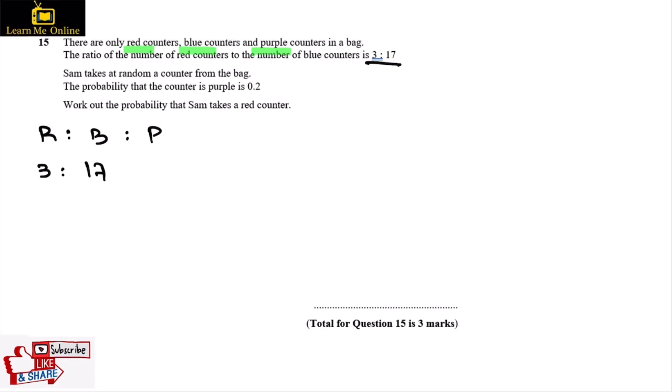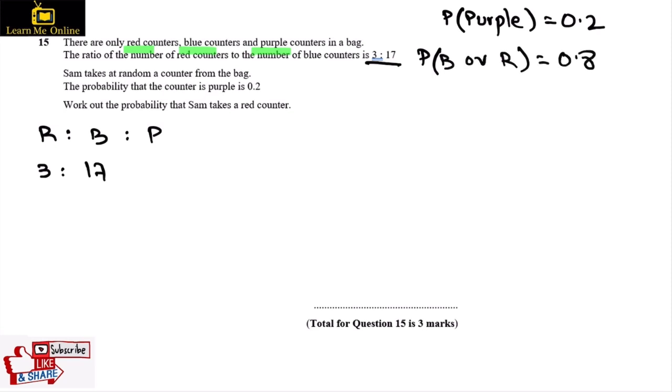Sam takes at random a counter from the bag. The probability that the counter is purple, I'm going to write down on the side, is 0.2. So if the purple counter has a probability of 0.2, the remaining probability of the blue counter or the red counter would be 0.8. Now, what does this represent? This represents 80%. So can we say that 3 plus 17, which is 20,